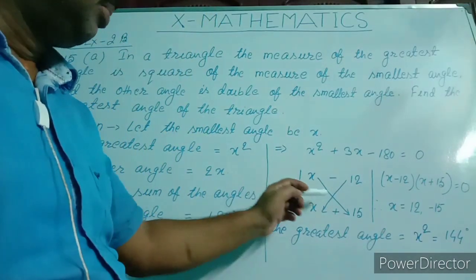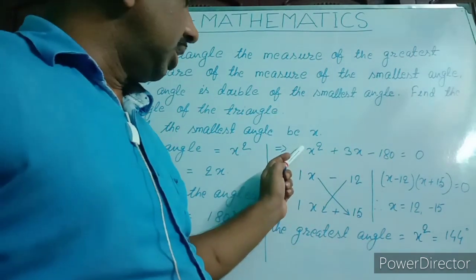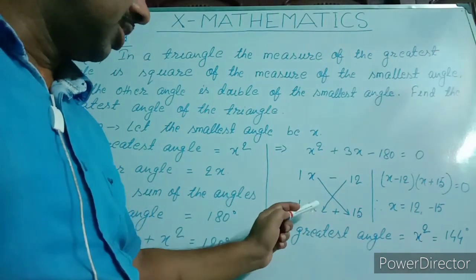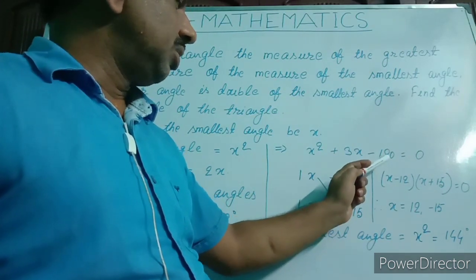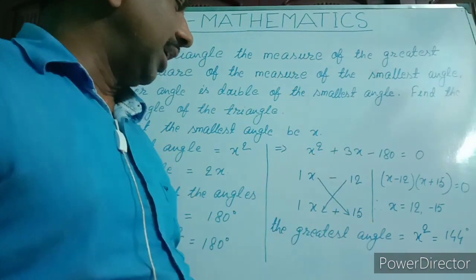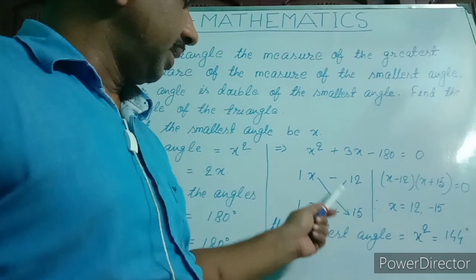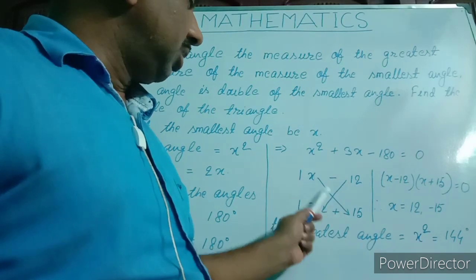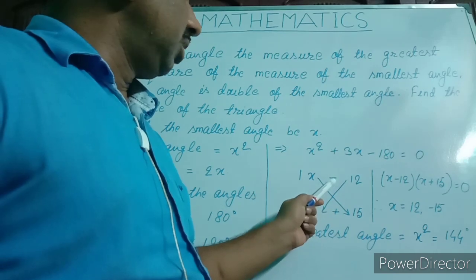Now I followed the cross multiplication process to solve this quadratic equation, that is point number C. I wrote the coefficient of x square, that is 1, here and here. I wrote this one with x. Then I split this constant term 180 into two numbers, such that the multiplication of those two split numbers should be equal to 180 and the addition or subtraction should be equal to 3x. So I split it in this way, 15 and 12 or 12 and 15. A smaller one I wrote above, that is 12, and the bigger one I wrote below, that is 15, and put the symbol of cross multiplication. Now we'll decide which symbol will come here and which symbol will go there.